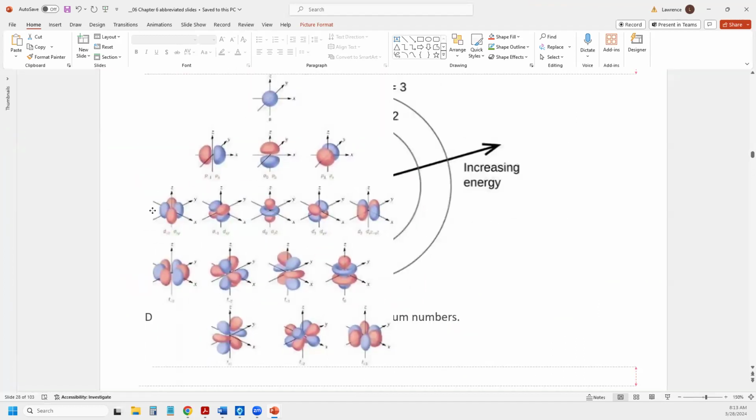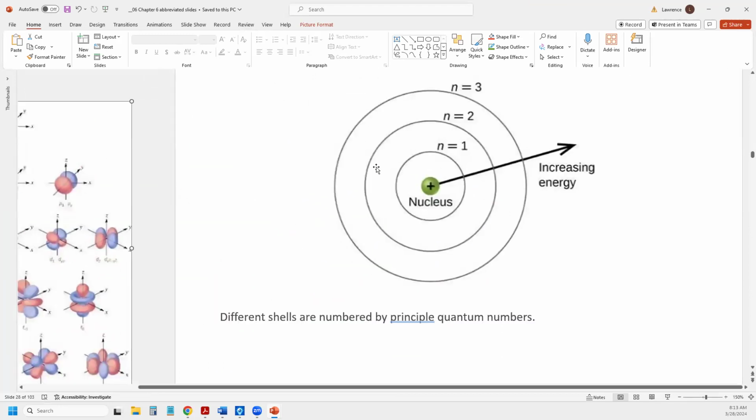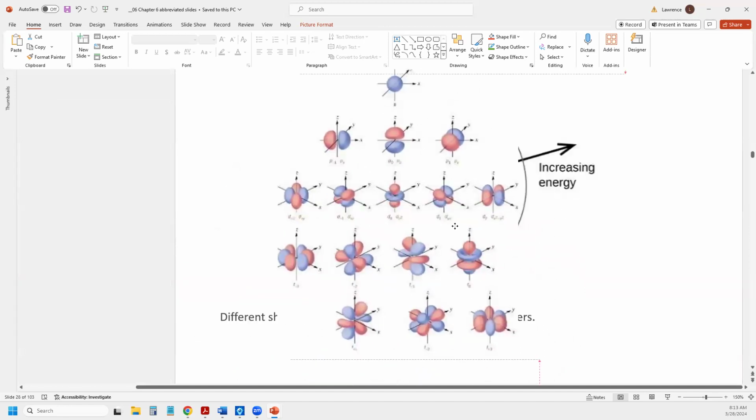So here, if we look at this picture of an atom, the nucleus is positively charged. The first shell of electrons is going to be n equals 1. That can only accommodate s orbitals, so l must be equal to 0. The second shell, n equals 2, can accommodate s and p orbitals. The third shell, n equals 3, can accommodate s, p, and d orbitals, and so on. What those orbitals look like: